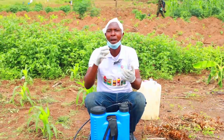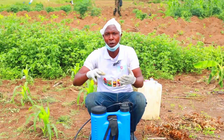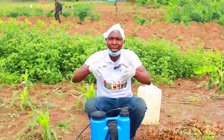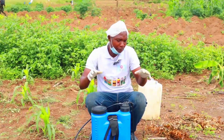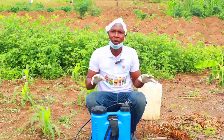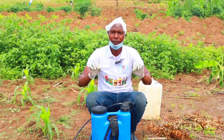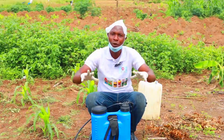If that cocoa is having black pod or yellow pod or red pod, when it produces, some of them will turn, one side will turn yellow, and it will drop. Some will dry and turn black. That is what we call black pod. So to take care of that, you are going to combine this chemical with the measurement that I talked about. Within 2 weeks, between 10 days to 14 days,